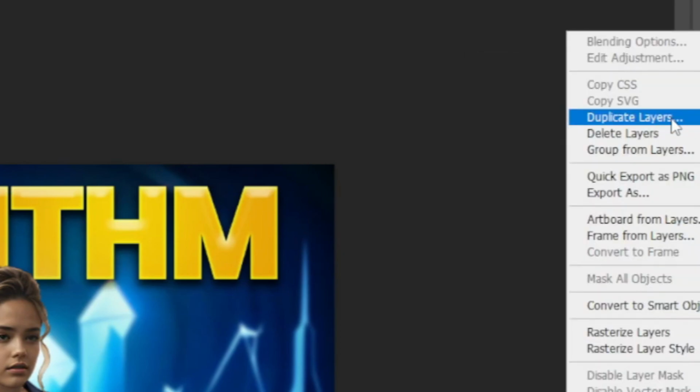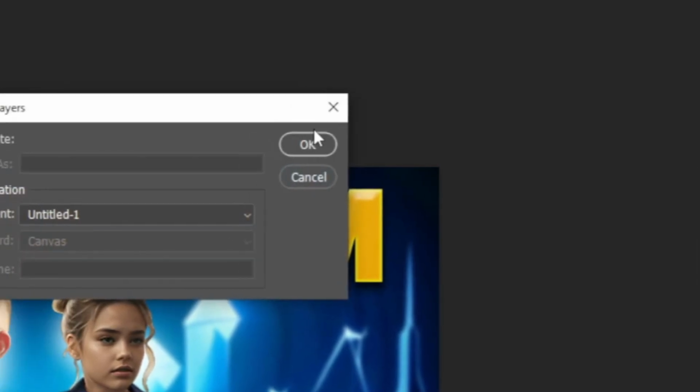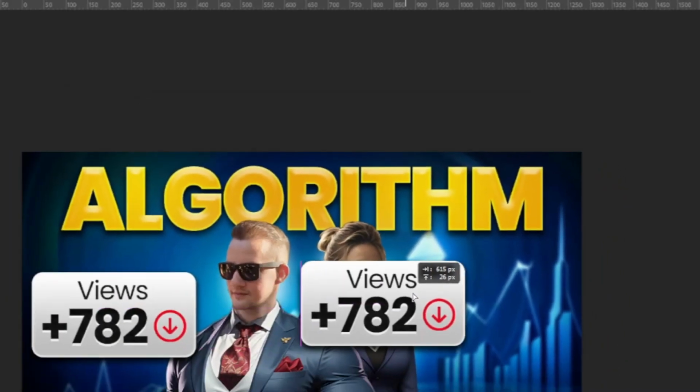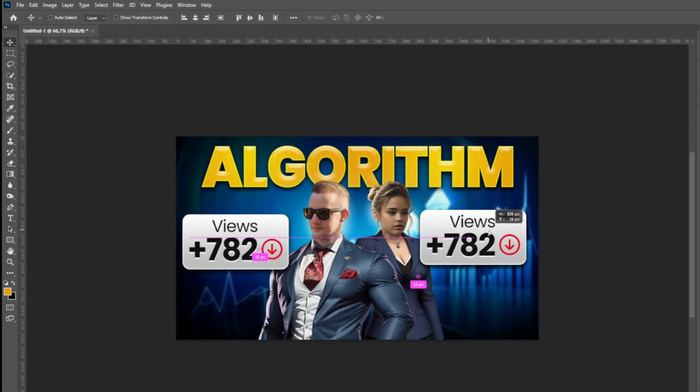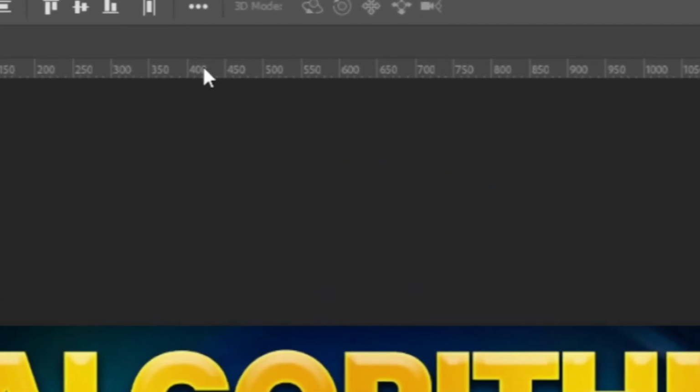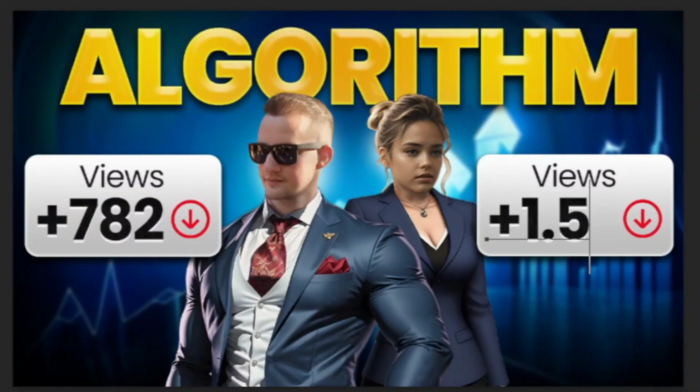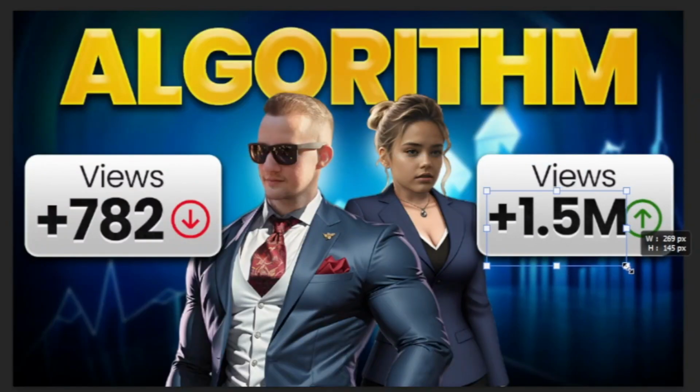Now again, we'll go to Duplicate Layer and give it a click to grab that shiny new rectangle of text we just made and drag it over to the other side of your image. Voila! You've got matching text boxes on both sides of your image. Now, let's get them in line. Click on the scale at the top of your workspace and watch them snap into place. Feel free to change up the text and its color while you're at it.